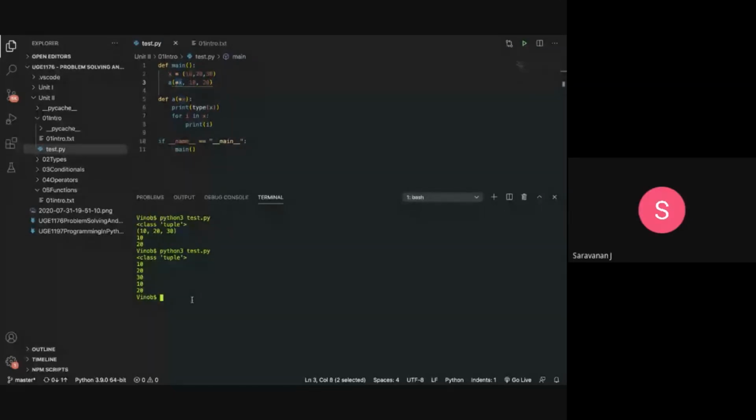Sir, why doesn't it print parenthesis in the second case? I can't understand it. What is the difference between the first output and the second output? The first output is, if you don't have this in the caller, you will have the parenthesis printed as well. Okay, so if you just want to print the values, without the parenthesis representing that it's a tuple, you explicitly say it as star X.